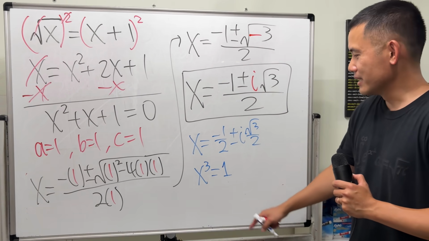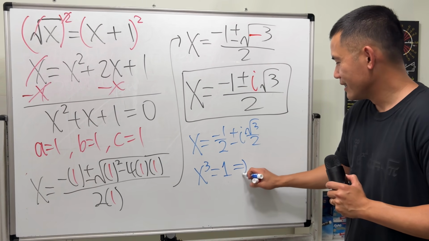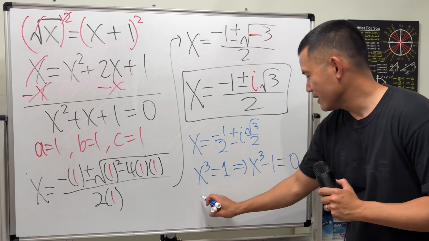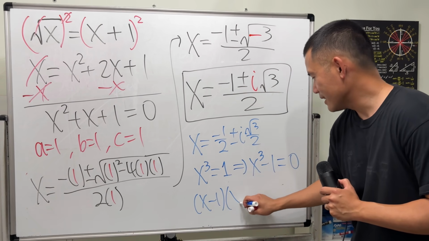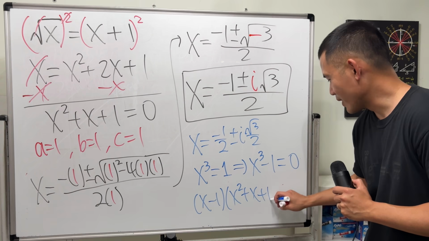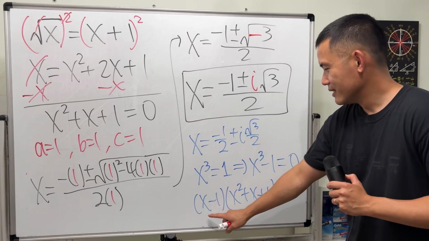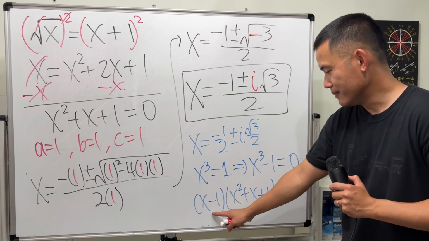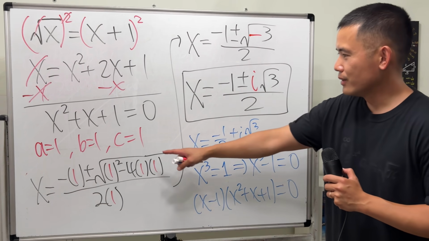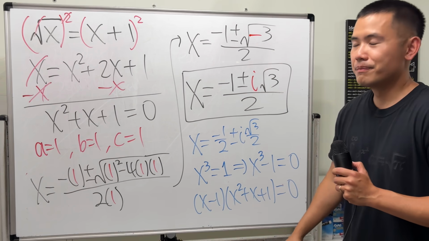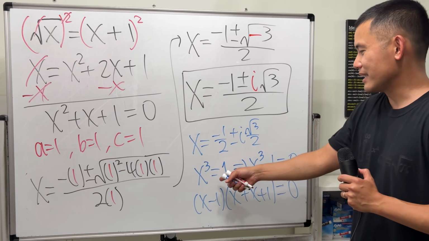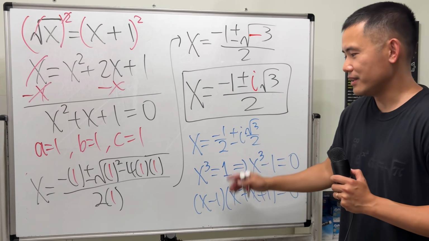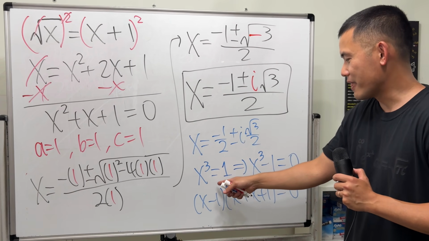I thought that's pretty cool because if you start right here, if you subtract 1 from both sides, and if you factor it, you get x minus 1 times x squared plus x plus 1. The real cube root of unity of 1 is just 1 from here. And if you put this equal to 0, you pretty much solve that. But anyways, I do have a video on this, like if you want to do this with the quadratic formula, which we actually did already. But if you want to use Euler's method to solve it,